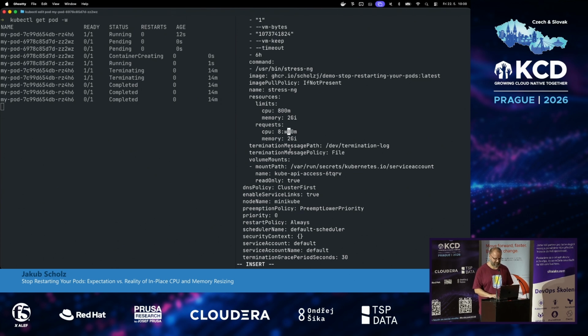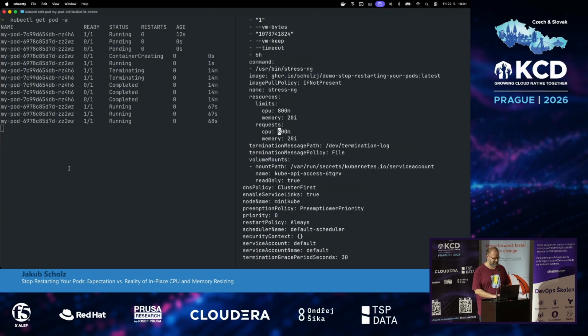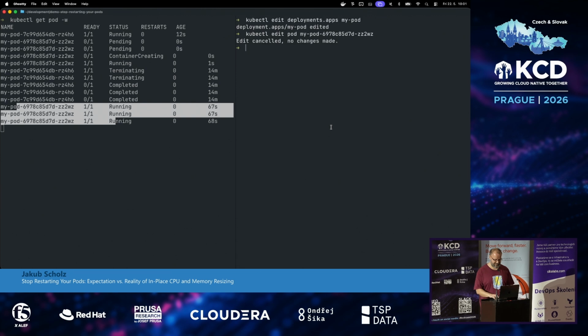And now let's apply the changes. But here at the bottom, if you check, I'm now not just doing something like kubectl apply, but I'm invoking the resize sub-resource, which will make sure that I just resize this pod. So I run it. And if you noticed on the side, the pod blinked a few times as it was updated. So let's close the editor and let's just get the